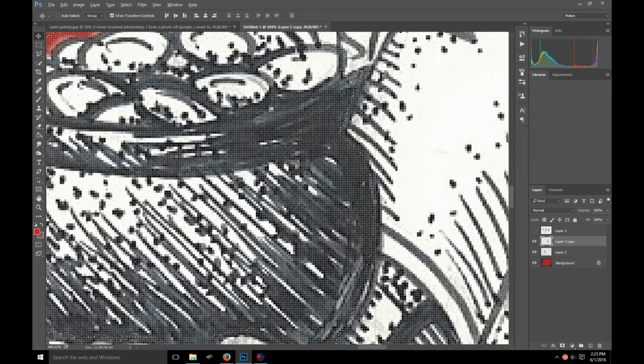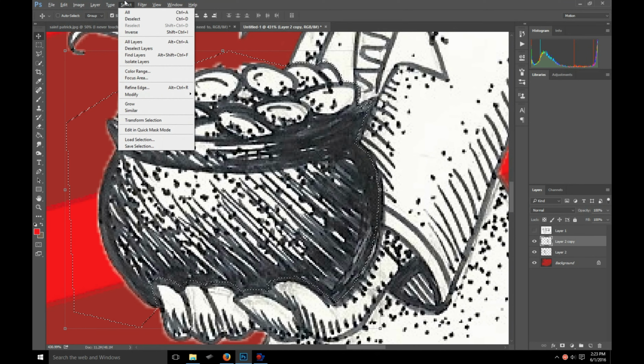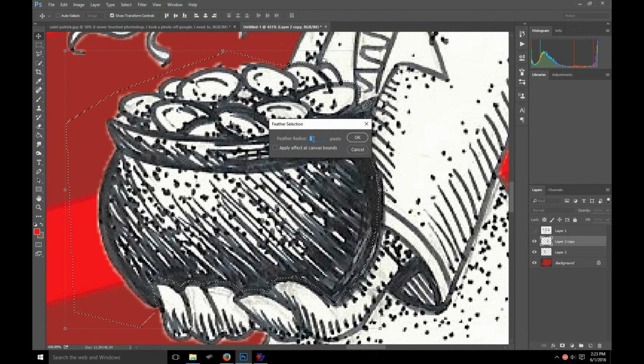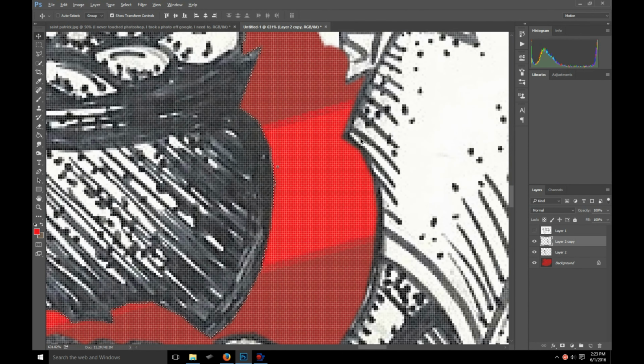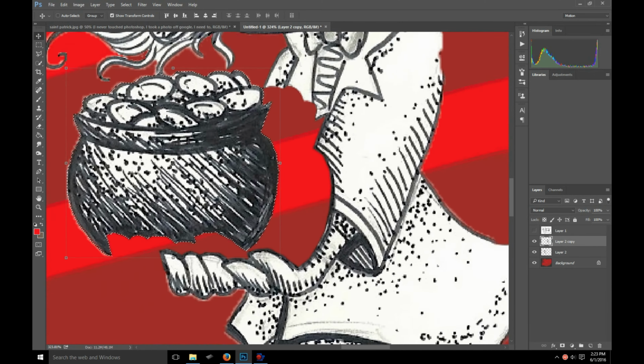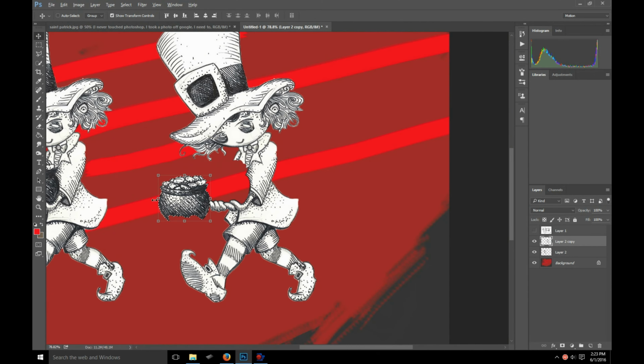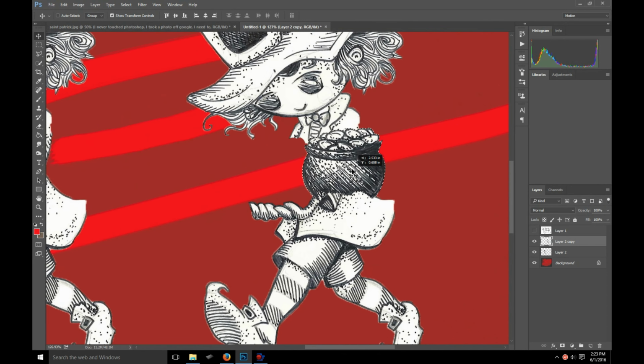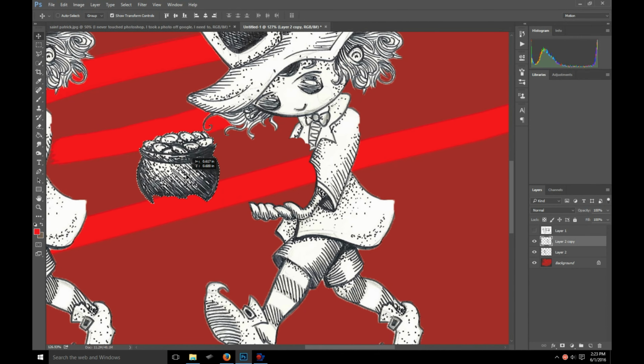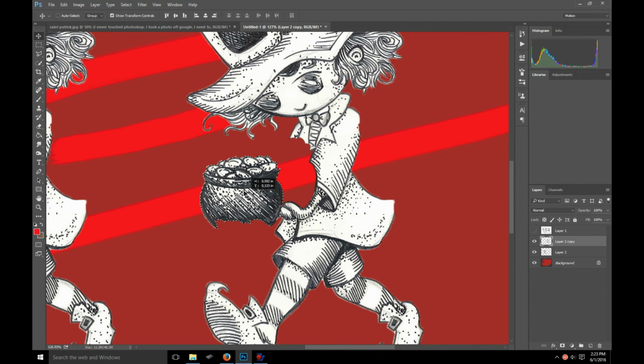Again, you can smooth the edges. I'm gonna smooth it to 0.3, which is very subtle, but it won't give me those really hard edges. So these things here, they're in the same layer. Even though I'm holding this selection, it's all just one layer. So I want this to be a different layer, so I'm just gonna cut it